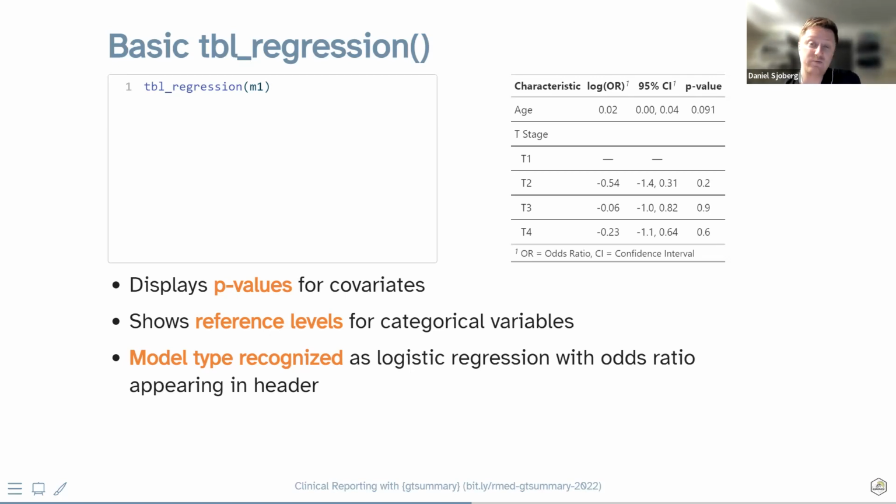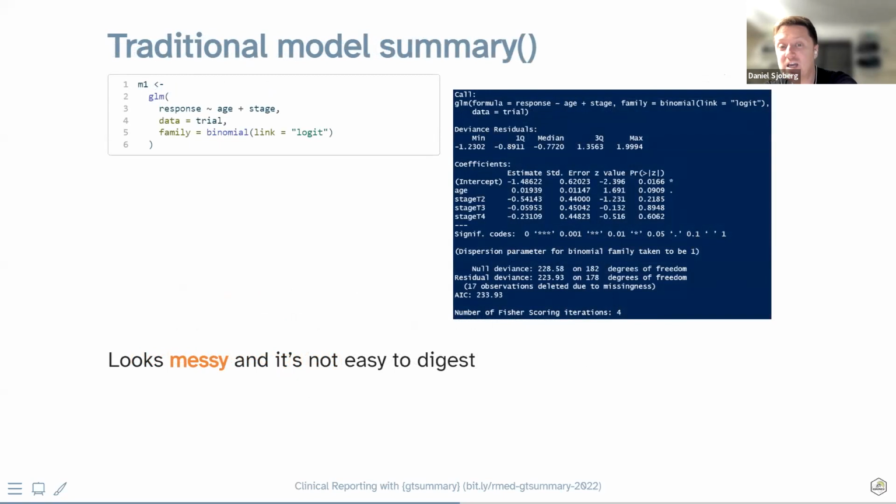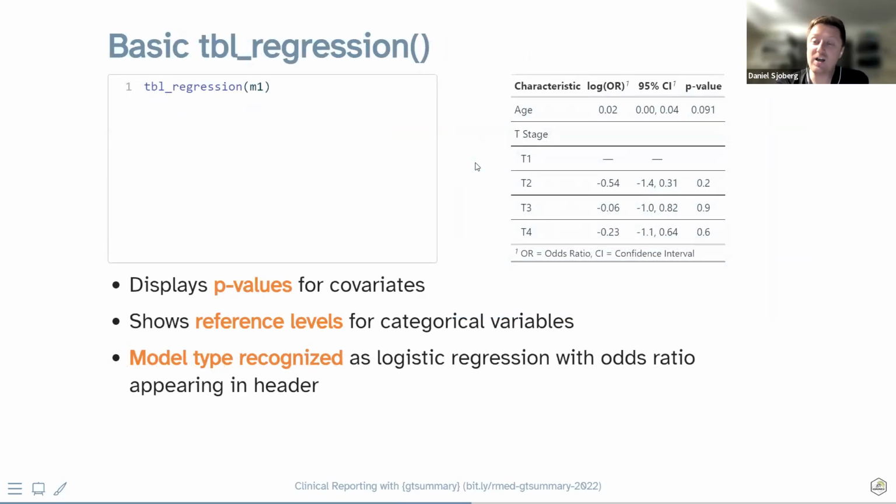First, I love that it can go into the data, see that stage has levels T1, T2, T3, T4, find the variable stage, and identify that T1 is your reference group and add the row for the reference group. Also, it can indent those all together and add a header row to say these are all T stage.